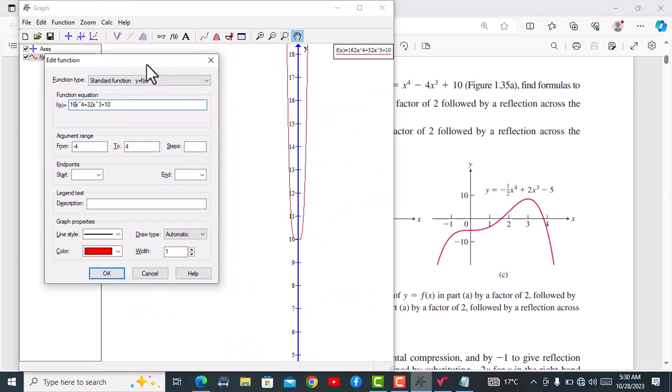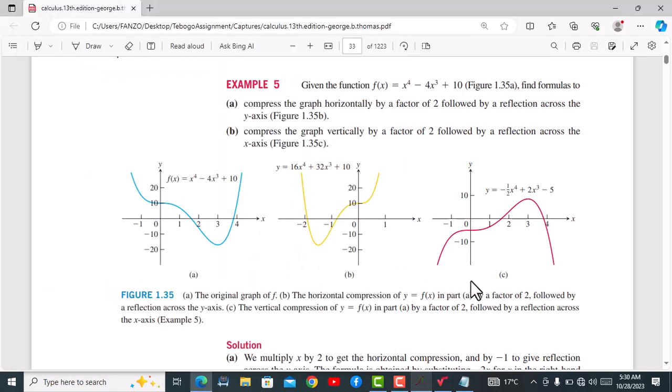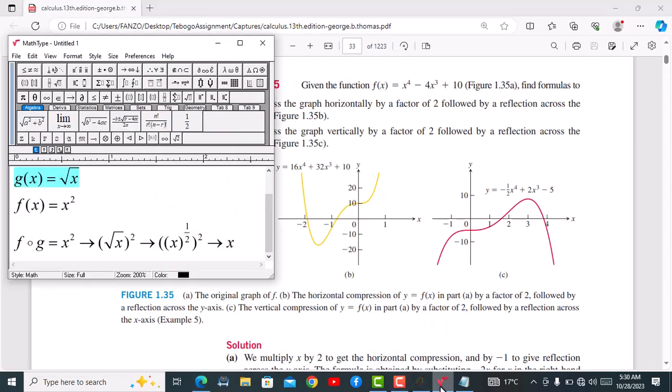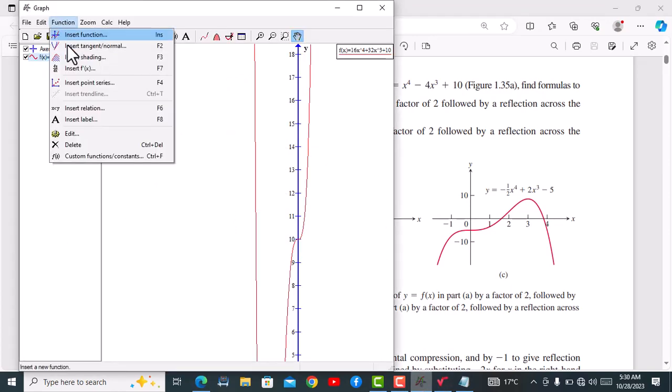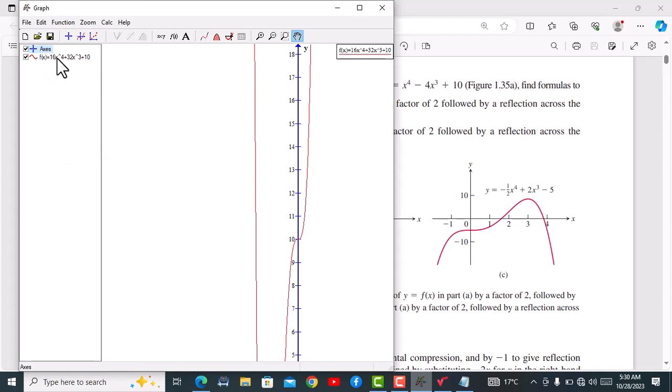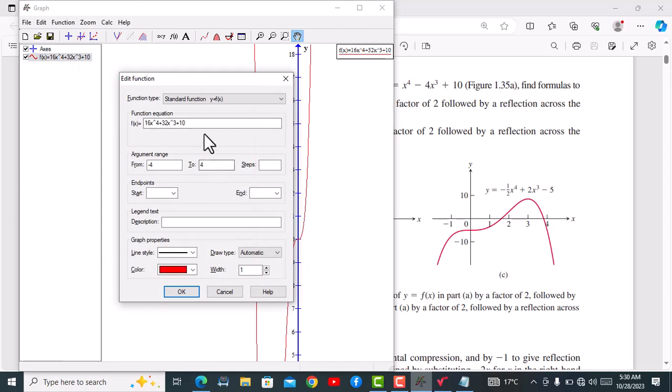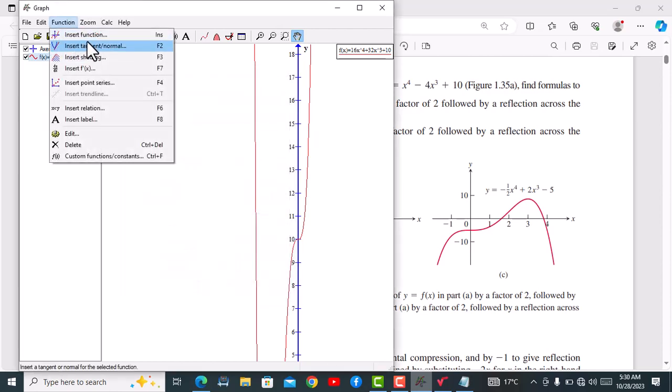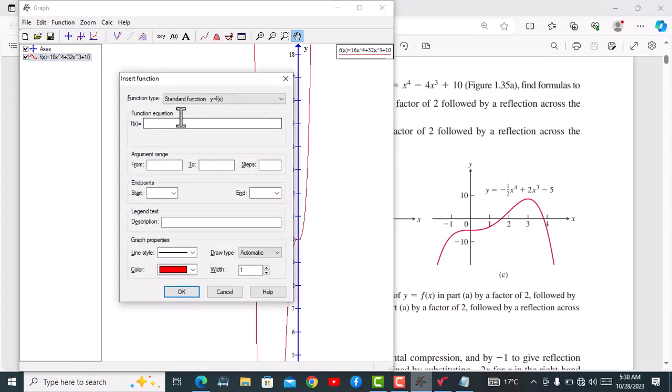So we have x^4 plus 32, x^3 plus 10. I think this is what we had. 16, 32, x^3 plus 10. Good. So now let me go and do that to the next function. So let me just do this. Let me just copy this and have a new function